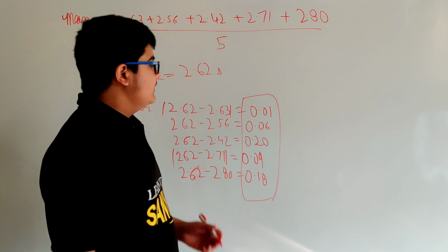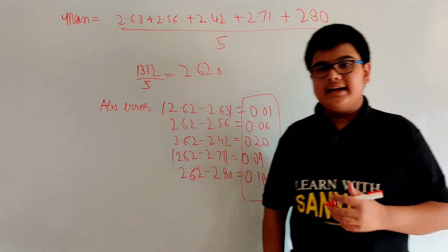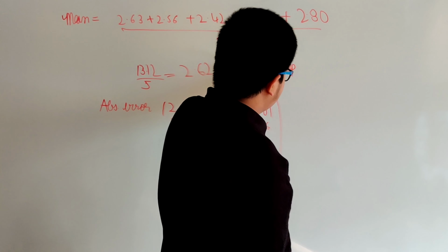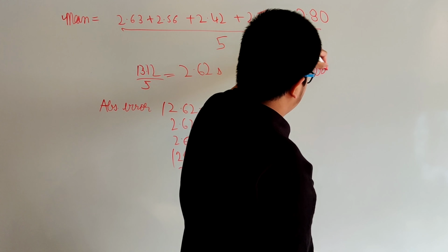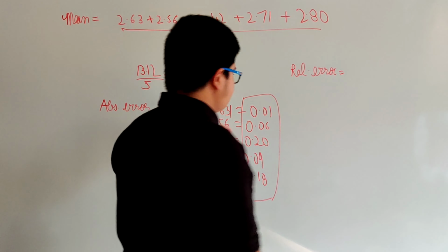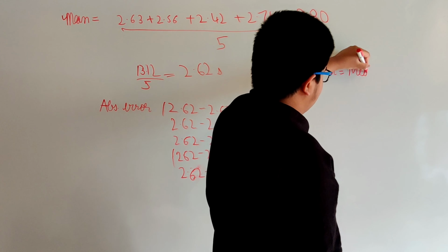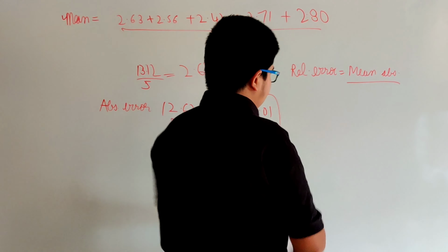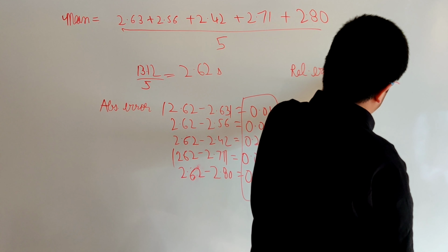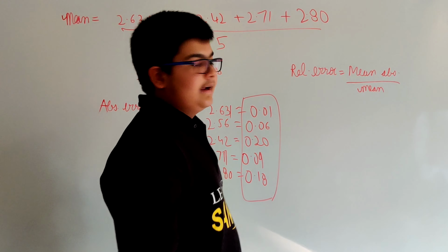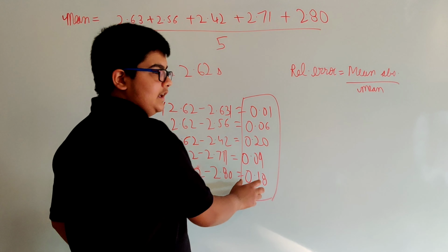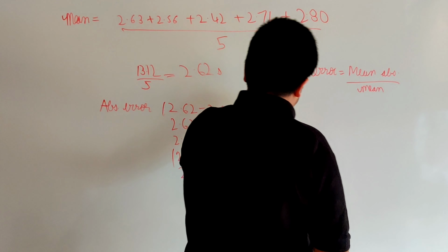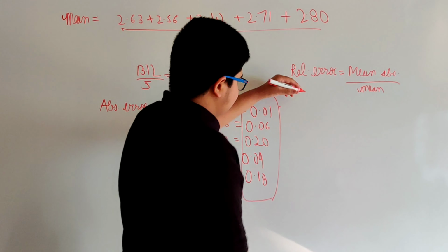Now we have to find the relative error. The formula of relative error is mean absolute error upon mean. So first we will have to find the mean of these newly formed absolute error values. So the mean of these values will become